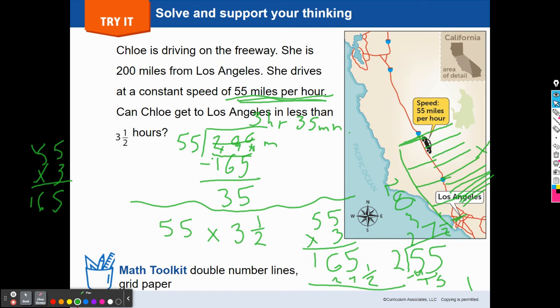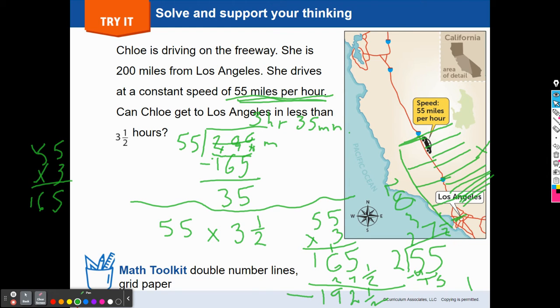to 165. So 1/2 stays, right? And we have 5 plus 7, which would be 12, right? 7, 8, 9, 10, 11, 12, yeah. 2, carry my 1. 6 plus 1 is 7, plus 2 more is 9. 192.5 miles. So if she's traveling at that rate, she's going to make